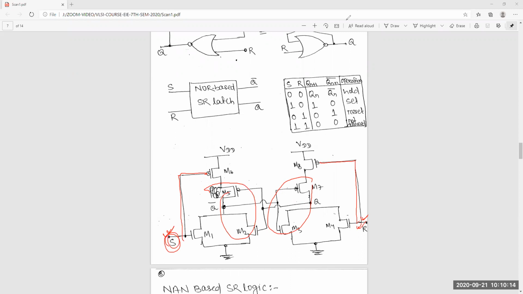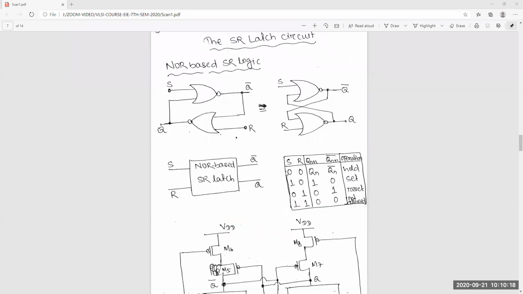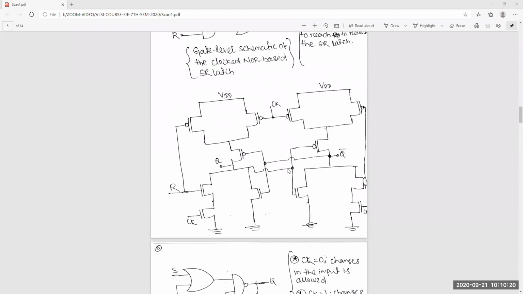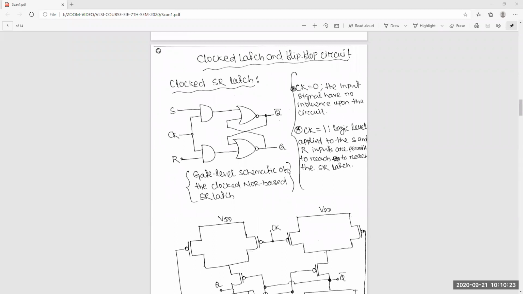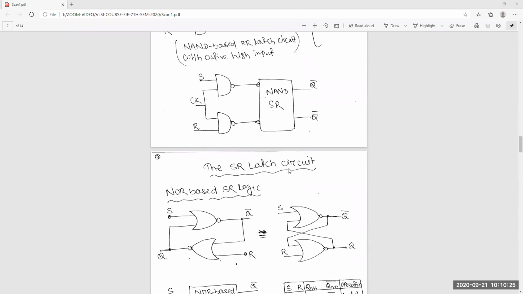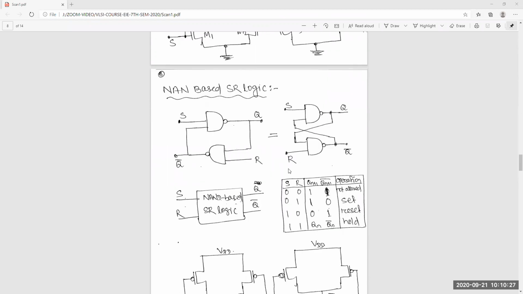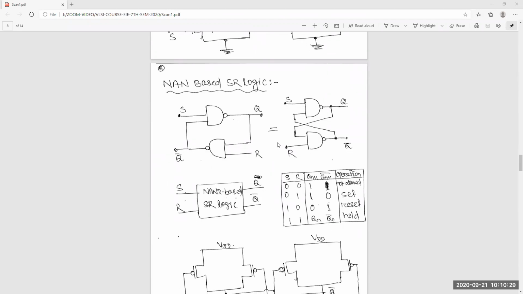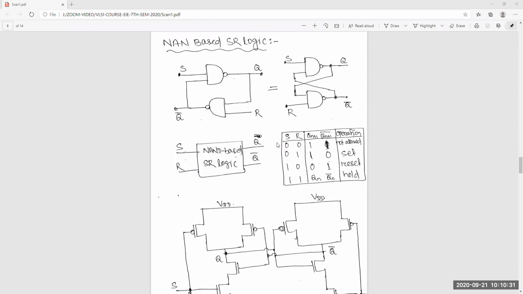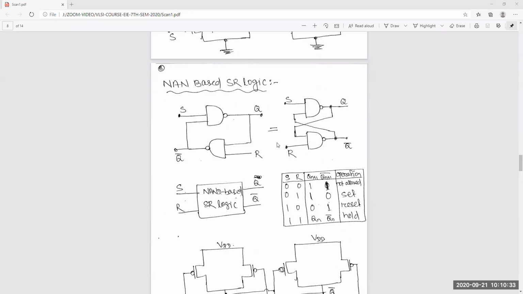Now the same thing you can see with NAND based logic also. Again you can see a back-to-back NAND gate is there.